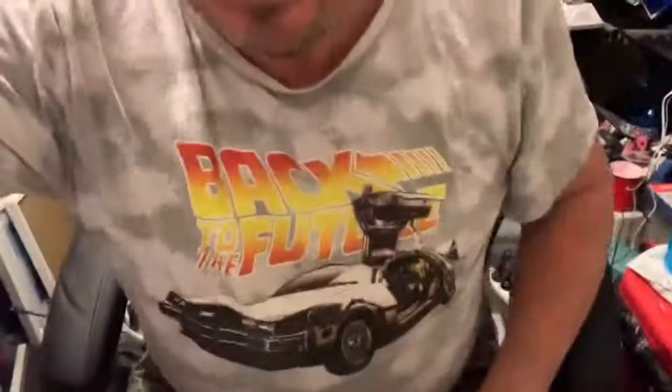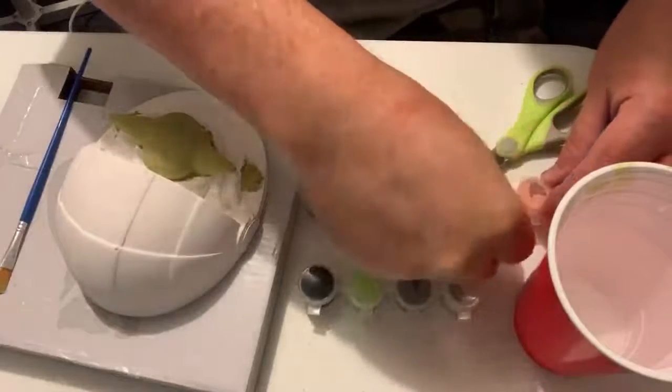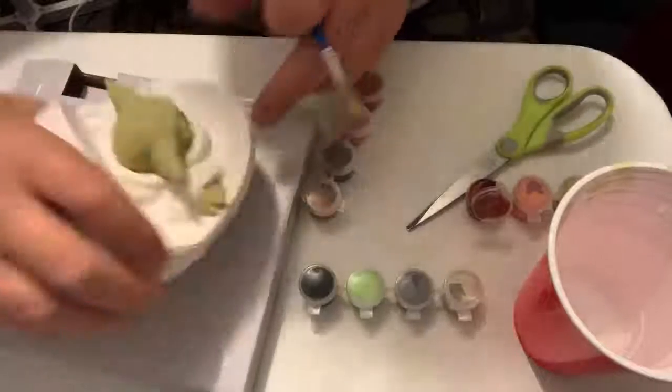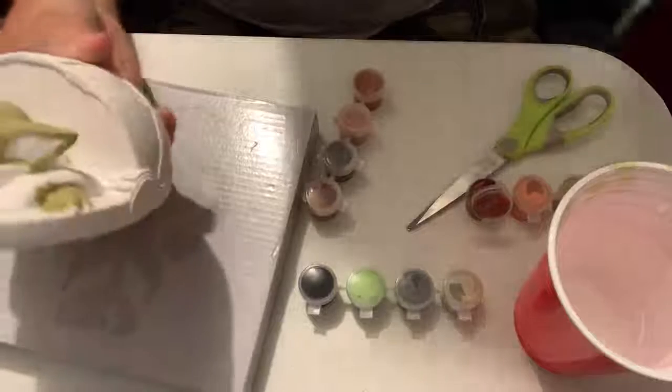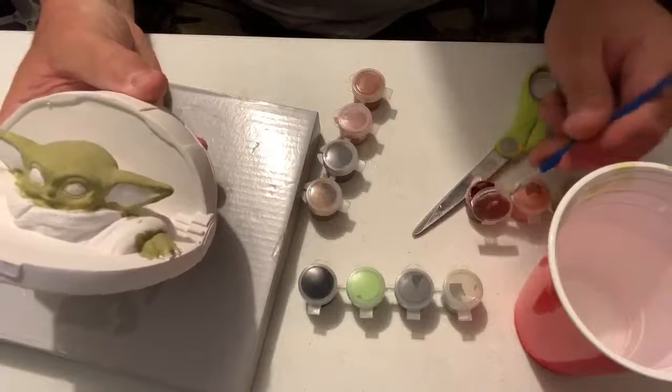Hang on. Ow! Oh, I thought I just got some in my mouth. Try to open it up. Now, just carefully put that down like that. Now, what I will do is, it says, carefully paint